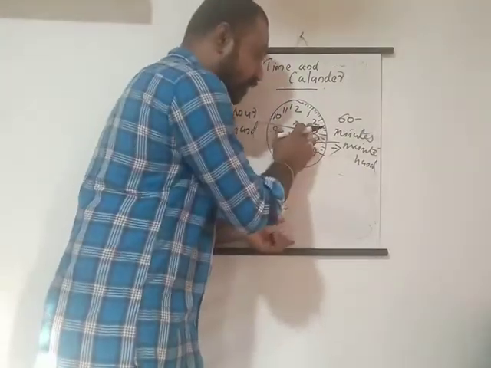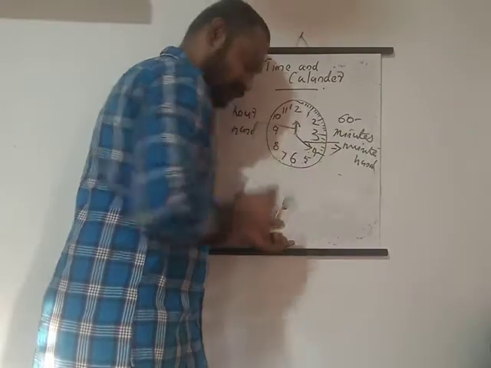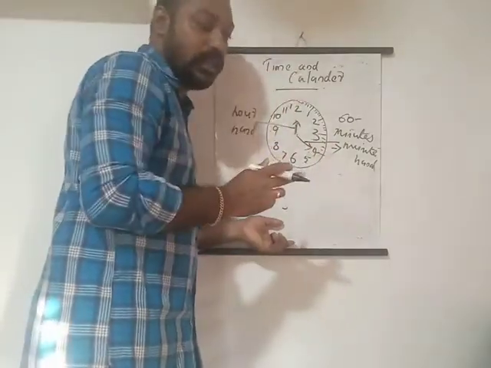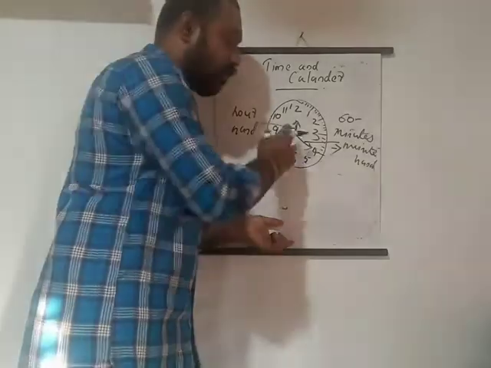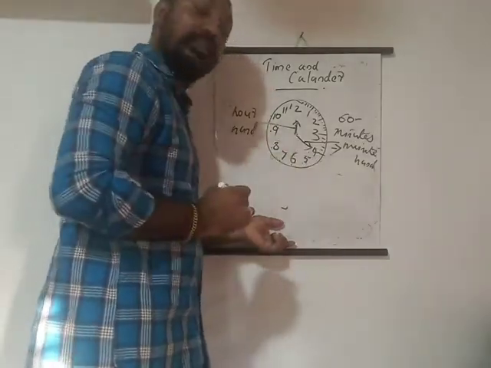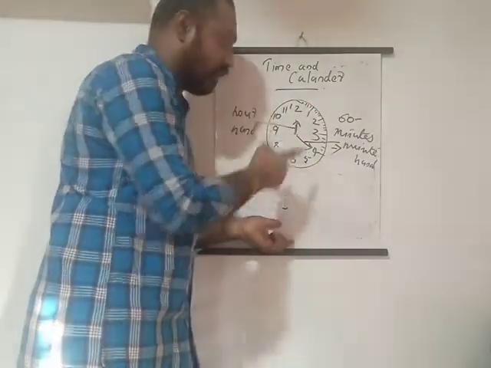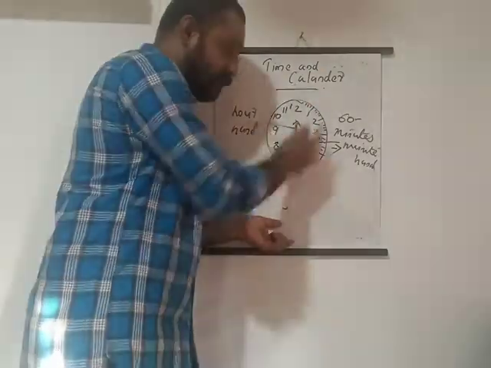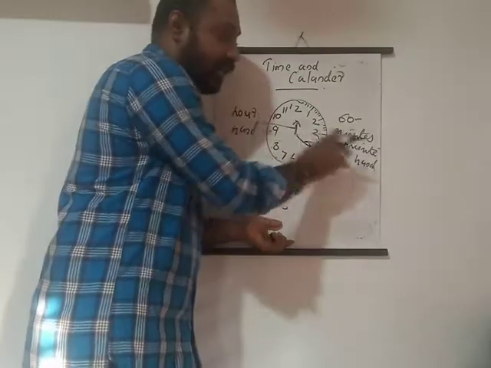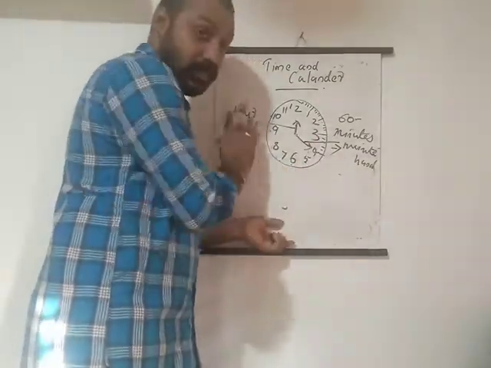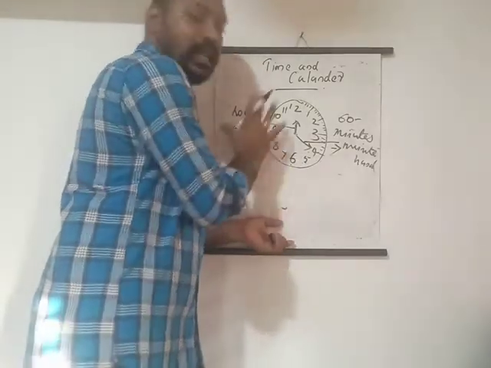Usually when we are telling the time, because the second hand is moving very fast, if someone is asking the time, we will always say using the hour hand and only the minute hand. So when we represent time on the clock, we use the hour hand and minute hand only. Understood? That is what we must know about a clock.